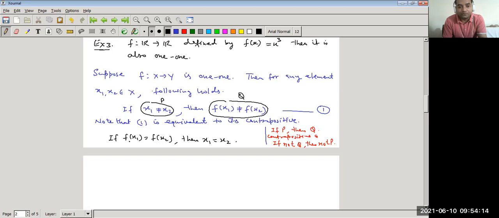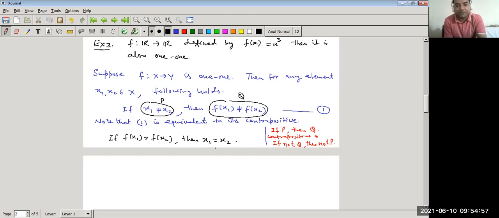So we will discuss some examples related to its contrapositive, and we have to take the function output f of x1 is equal to f of x2, then we have to prove that x1 is equal to x2. We cannot take x1 is equal to x2 and prove f of x1 is equal to f of x2 simultaneously. This is not the way. If we start with x1 is not equal to x2, then we have to prove f of x1 is not equal to f of x2. And if we start with the output, that is f of x1 is equal to f of x2, then we have to show that x1 is equal to x2.